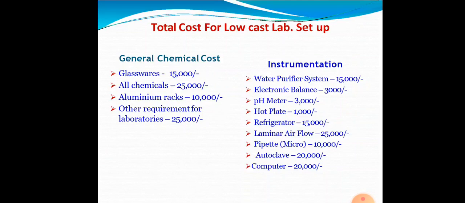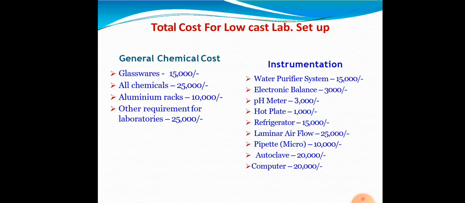Suppose you are going to start a low cost laboratory, then what is the economics of this plant tissue culture laboratory, we have listed out. General cost: glasswares we need 15,000, all chemicals we need 25,000, aluminum racks we need 10,000, other requirements for the laboratory we should have at least 25,000, and instruments we need